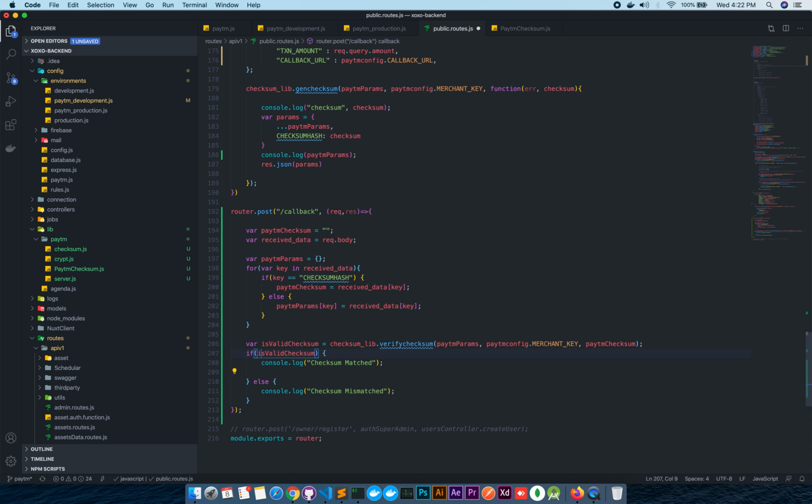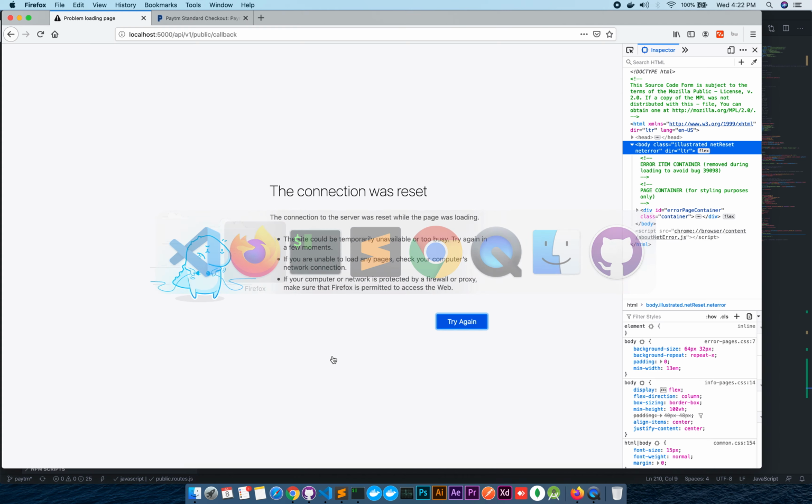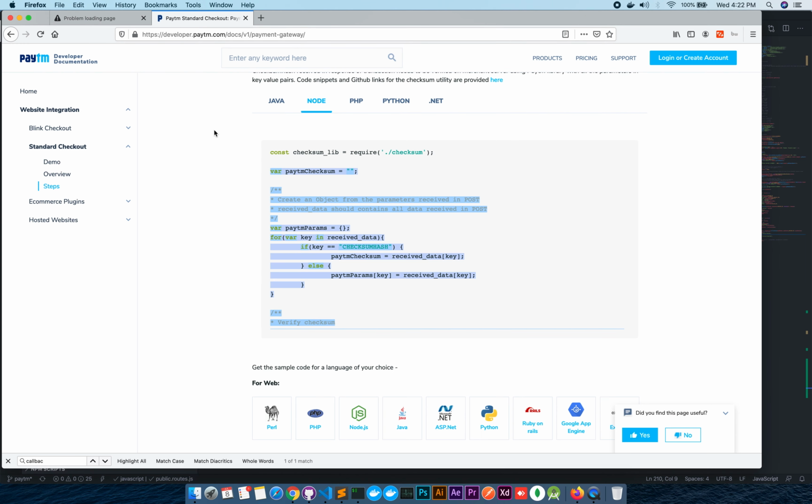Now sometimes people use Burp Suite to hack the payment amount, and we can check if it has been tampered or not. This is a very basic step, since there are attacks which can also tamper with the checksum, so it's not foolproof. So let's move forward, and then we will check if the payment has been done or not.